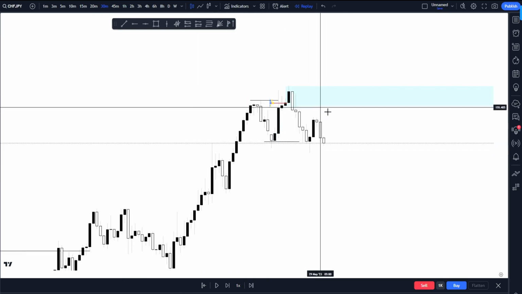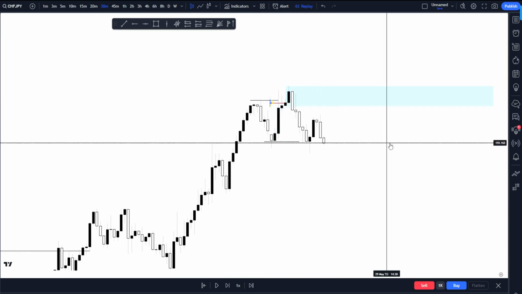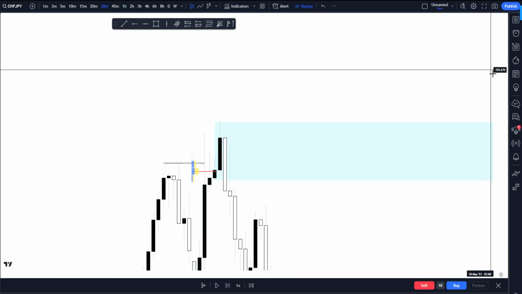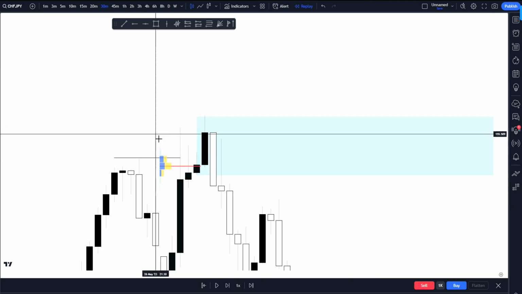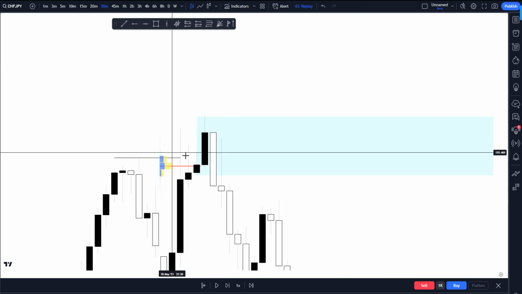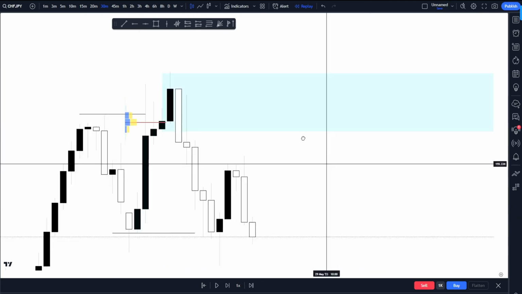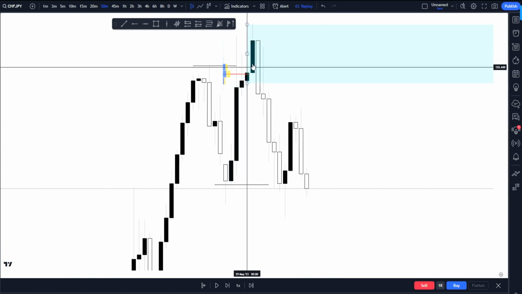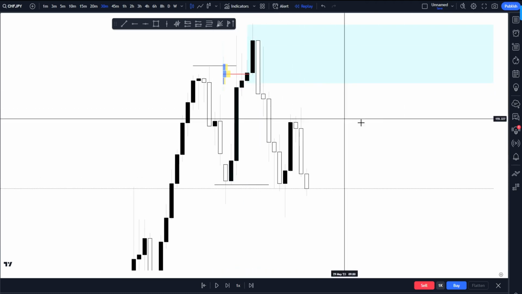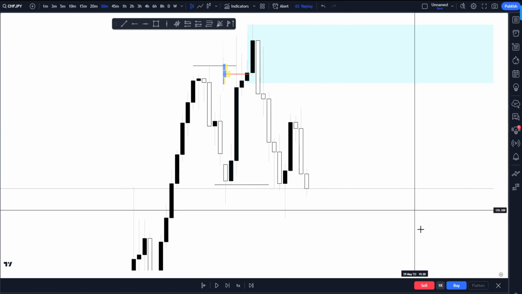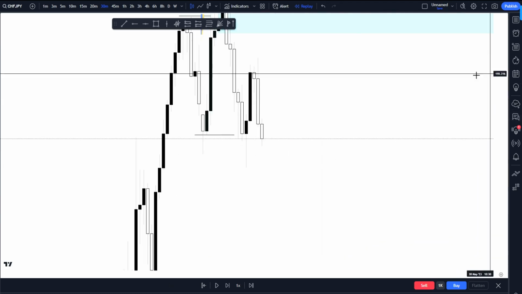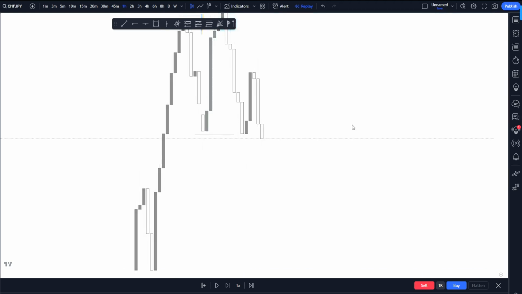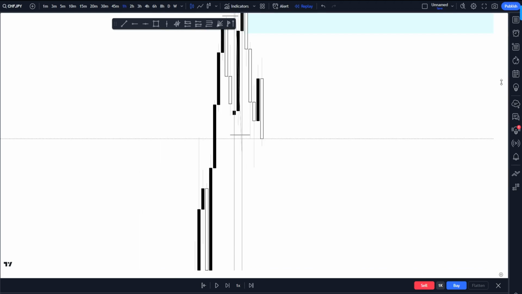So now, as you could see, it's a point of interest, and also you could see there is less volume here. The less volume, the more probability the market can reach up to here and then go for a sell. So after this, what we are gonna do is just wait for the market to reach right up to the point,